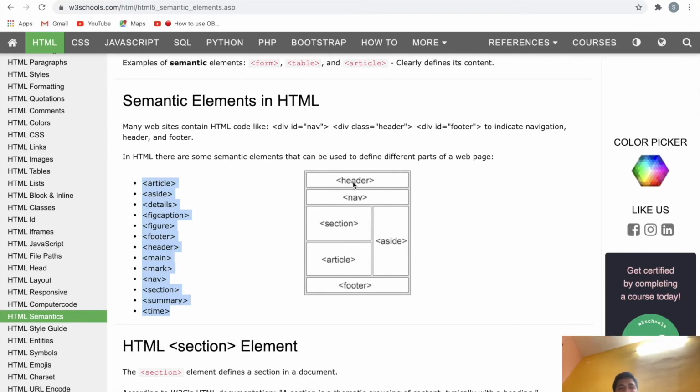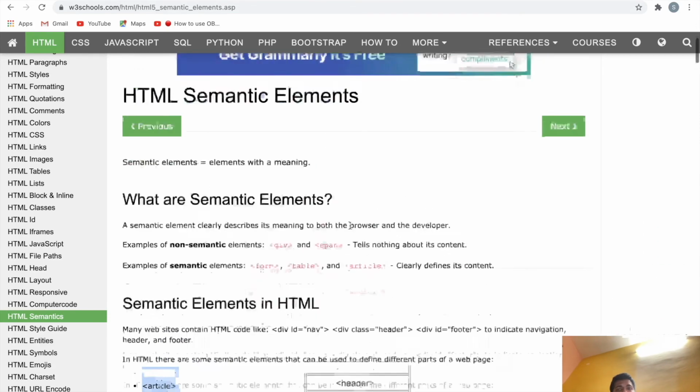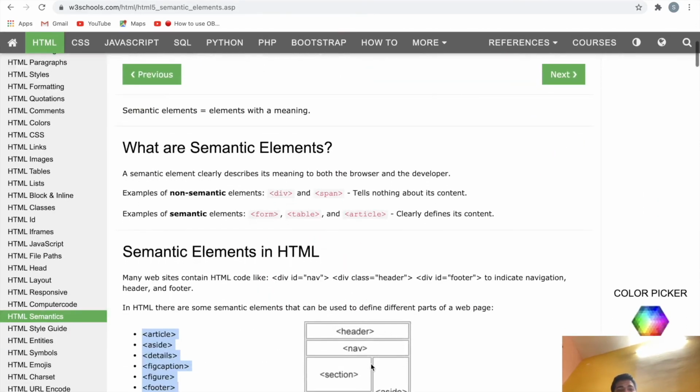Header means it will come at the top position of the website. Then some links will be there, some sections and articles will come. Footer means the bottom will come. So the user can identify this information easily, and the browser will also recognize these elements easily.